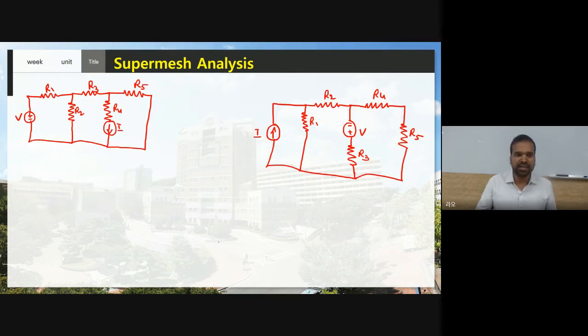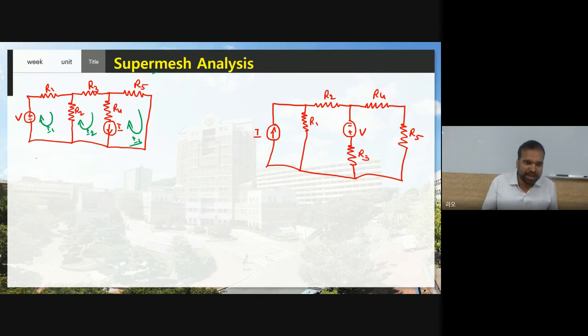Now the same thing here, super mesh. I am going to explain another problem. Suppose, see, is it a planar circuit? Yes, it is a planar circuit. Then you can apply what? Super mesh analysis. Okay, clear. Mesh or super mesh is only for what? Planar circuits. Then see how many loops you have? 3 loops. Consider loop currents. So this is I1 clockwise direction, I2 clockwise direction, I3 clockwise direction.